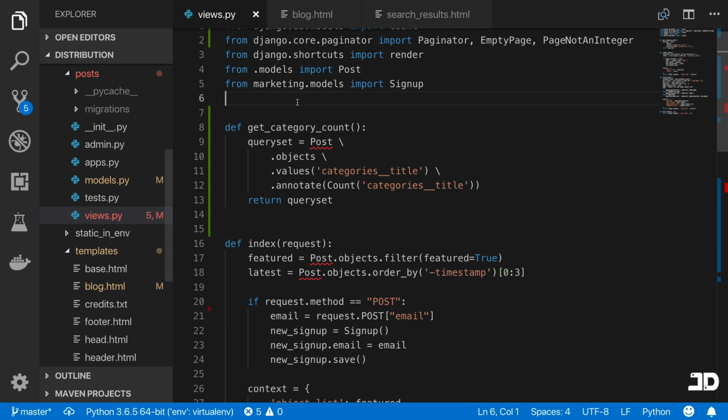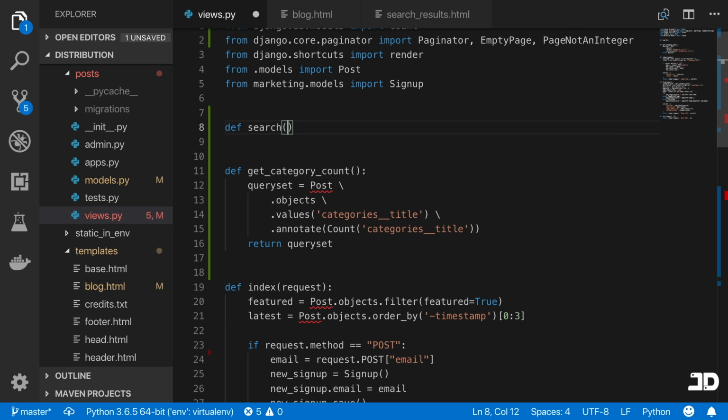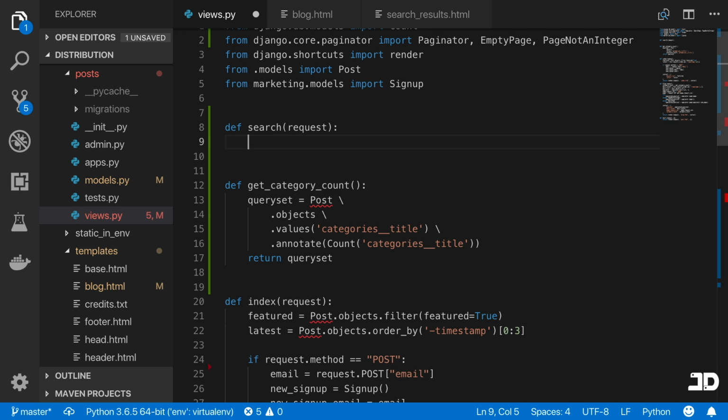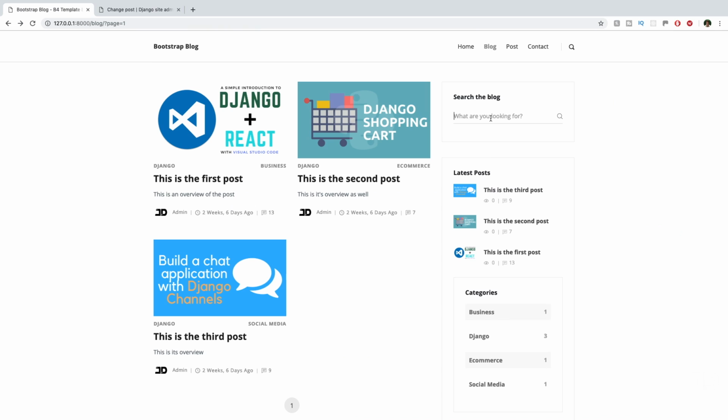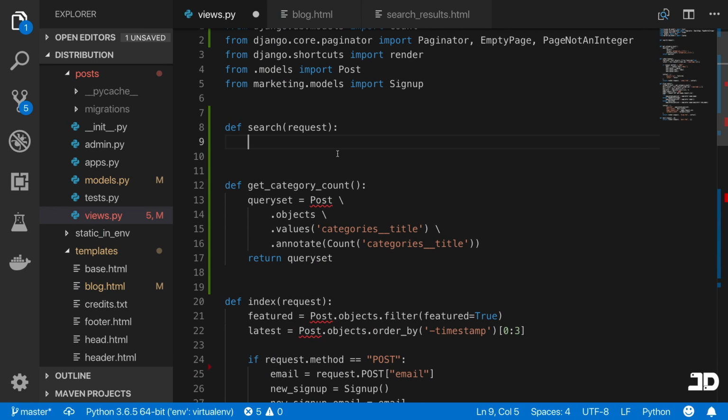So here in the views, we'll just create another view, and we'll just say define search and say it takes in a request. And so what we need to do is we need to get the request variable, which will be whatever we decide. Basically, we could say something like ?q equals, and this could be Django, for example. Then q would be our request variable. We want to get the value of q, and then that would be Django, and then match that to text. So what we need to do is say the query equals to